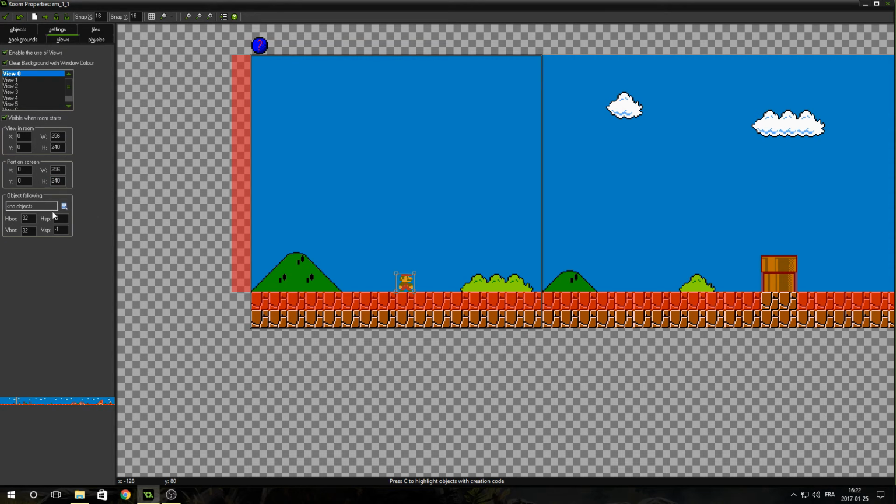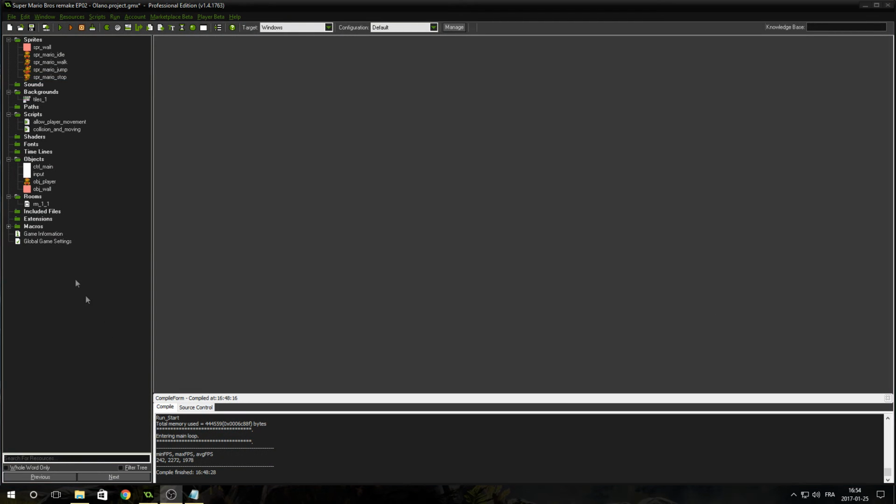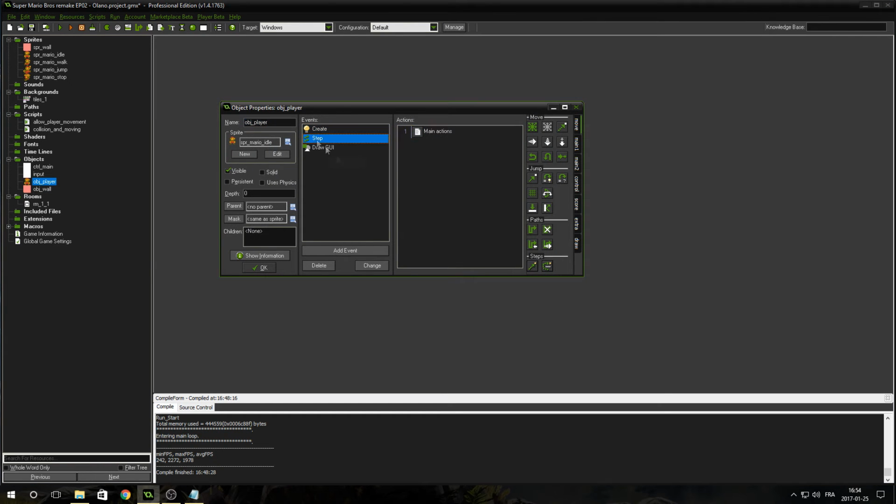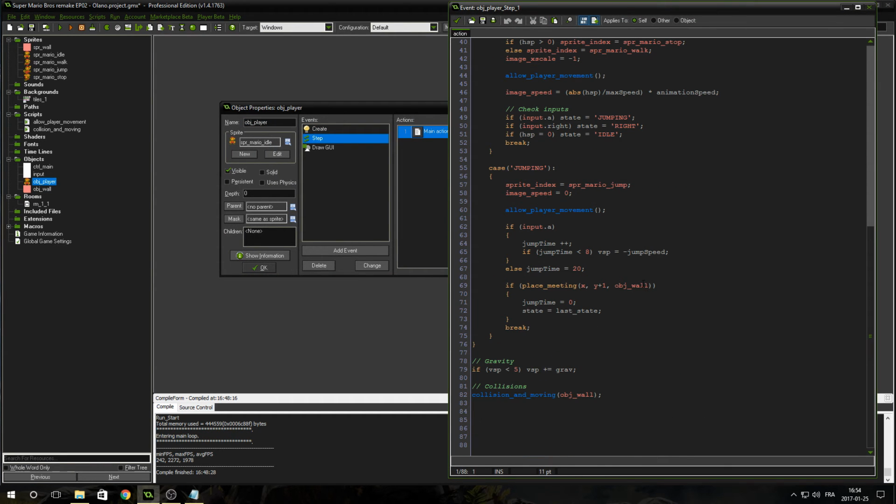just like so. And finally, there's no need to set up an object for the following of the view, since we are manually going to move the view in the room depending on the player position inside the player object. So let's do just that right now. Let's go ahead into the player object, and inside its step event at the bottom, but just before collision, this is where we are going to write